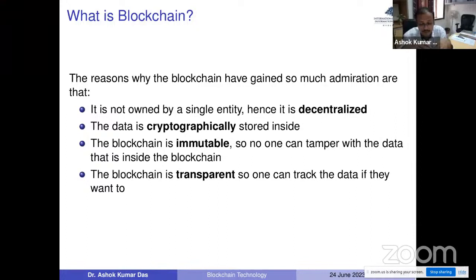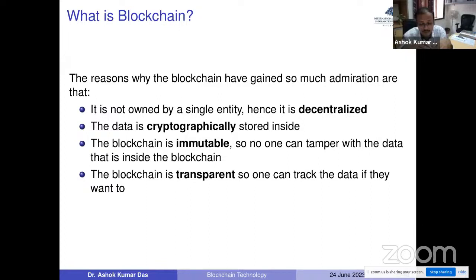But instead of using a simple semi-trusted cloud server, if we use blockchain networks to store the same data, then one advantage is that the data, once it is put in the blockchain, cannot be tampered with. Another advantage of blockchain technology is that it is decentralized in nature. That means the same block is stored in each and every node in the P2P network. Hence, we don't have a single point of failure.